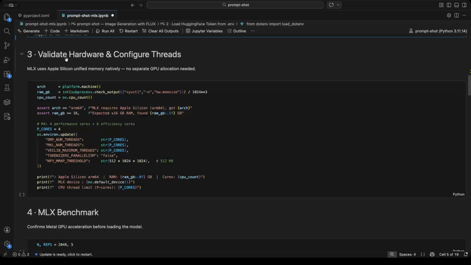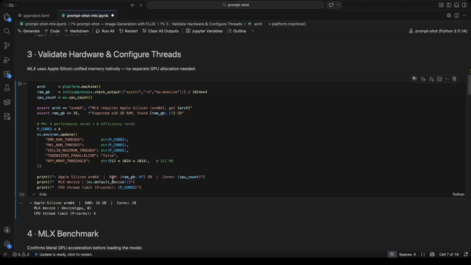Cell 3 is one of the most technically interesting setup cells in the notebook. It does two things. It guards against running on the wrong hardware, and it tunes the CPU thread environment for maximum inference throughput. The architecture check uses platform.machine, which returns the CPU instruction set as a string. On every Apple Silicon Mac from M1 through M4, this is ARM64. On an Intel Mac, it would return x86_64, and the assert immediately halts execution with a readable message rather than letting MLX silently fall back or crash